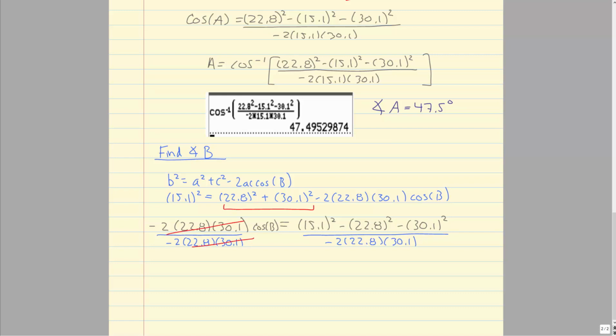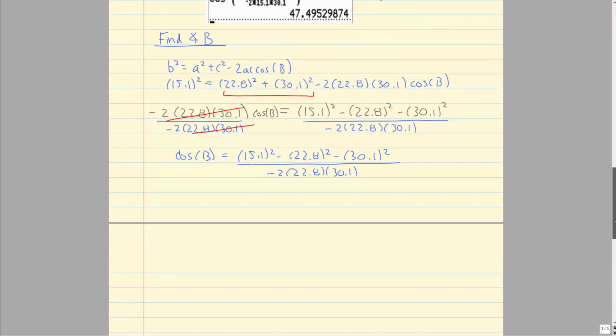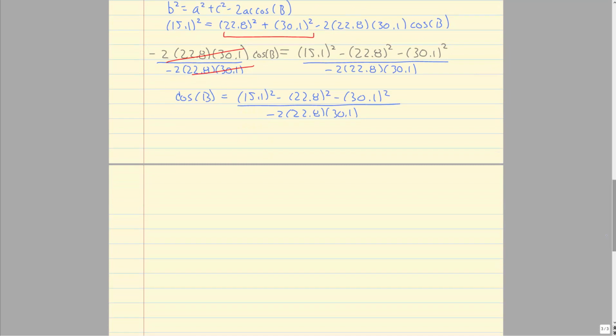So again, these cancel, and I have cosine of b is equal to everything that's on the right there. Now when we plug this into the calculator, we want to look ahead and think, okay, I want to know what b is. So I actually need to take the inverse cosine of each side. So b would be the inverse cosine